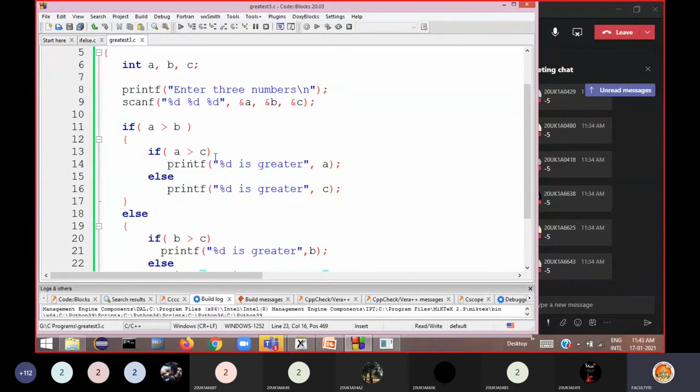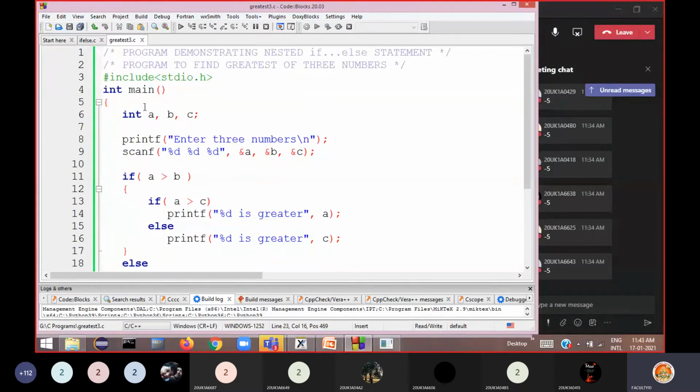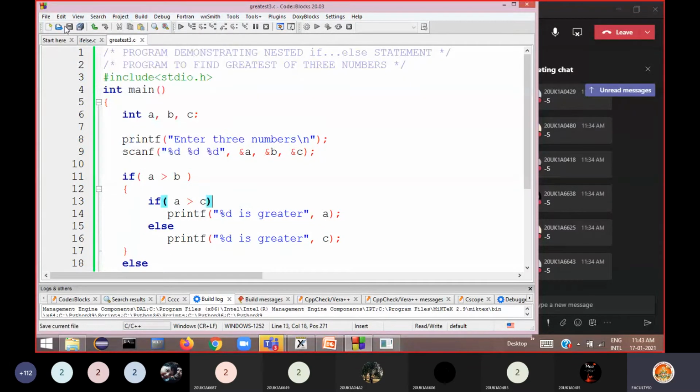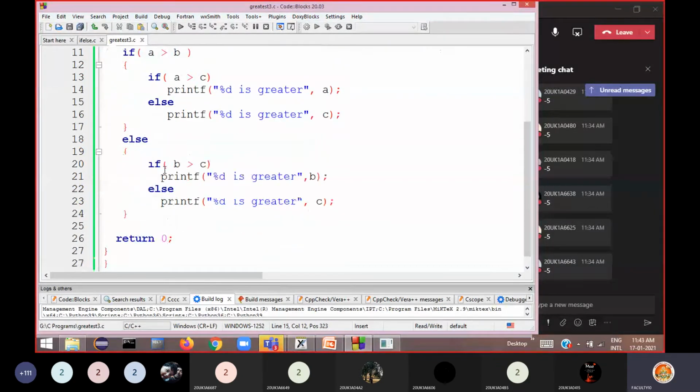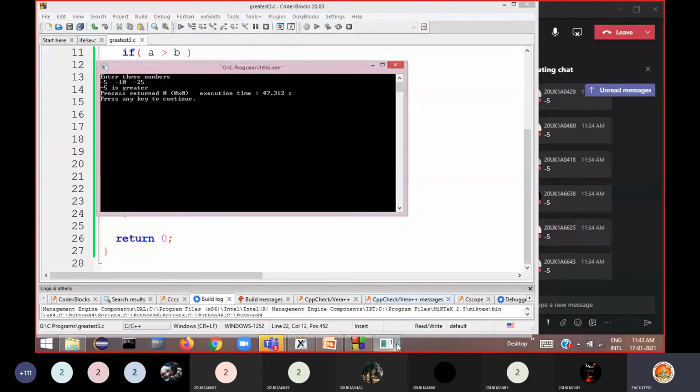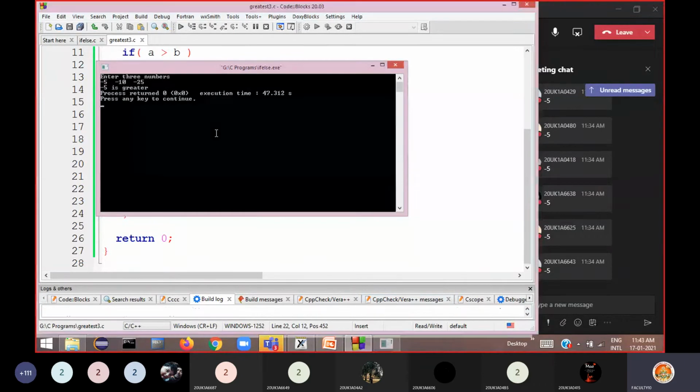You should understand how the control jumps from one part to another part.